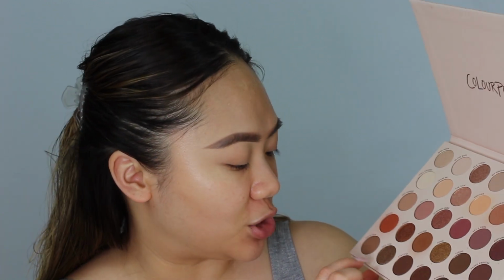I had wanted to do a different type of look, kind of. I think I'm going to do a spotlight eye. My boyfriend was really attracted to this color right here, so I asked him what eyeshadow look I should be doing. So that's what we're going to be doing. It's just easier for him to pick, and not, like, it's going to take me a long time. I'm very indecisive, but